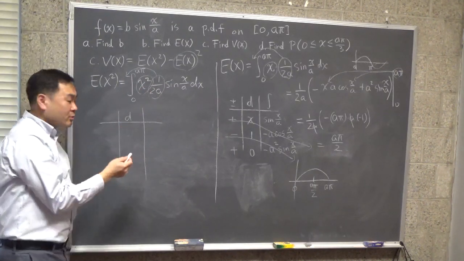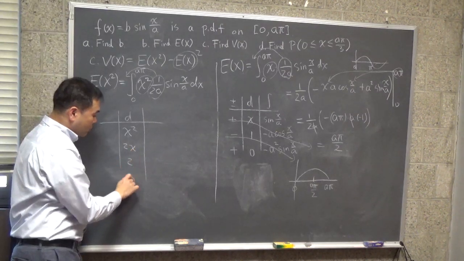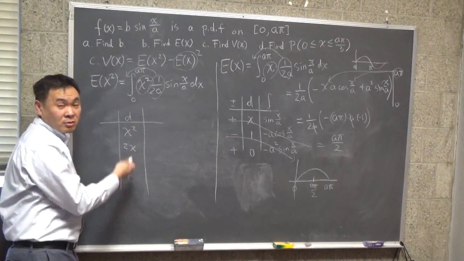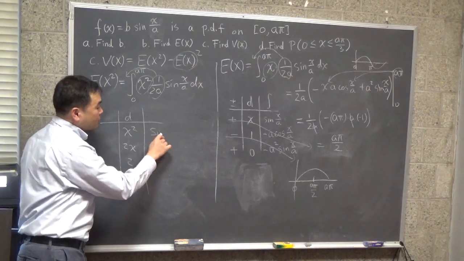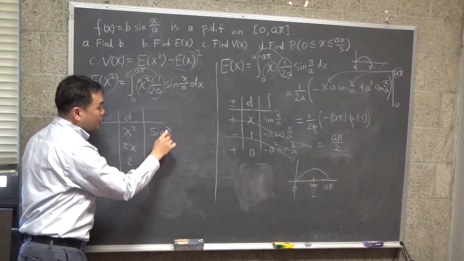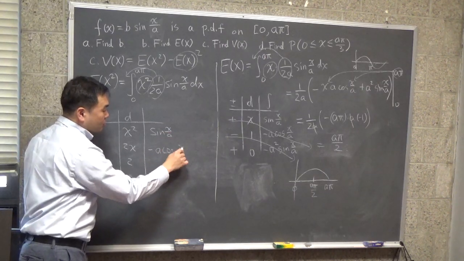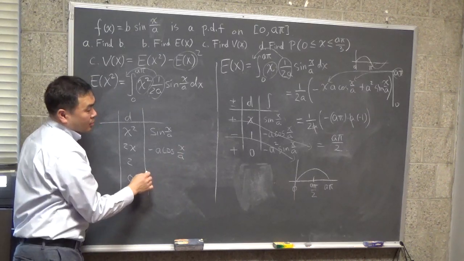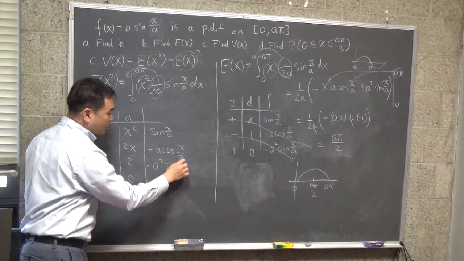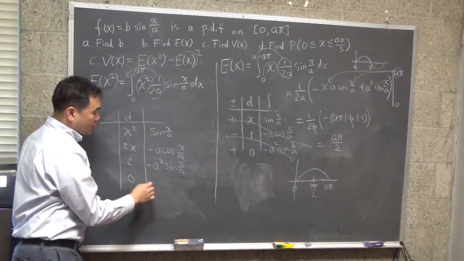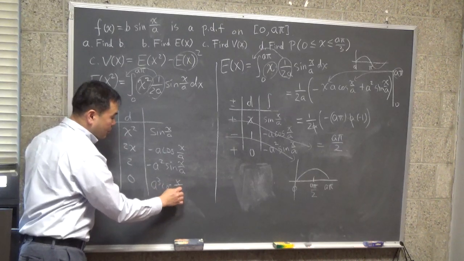The polynomial now is x squared, so we have x squared, 2x, 2, 0. Keep differentiating until the whole polynomial hits 0. And then you have sine of x over a, negative a cosine x over a, and then minus a squared sine x over a, and now plus a cubed cosine x over a,